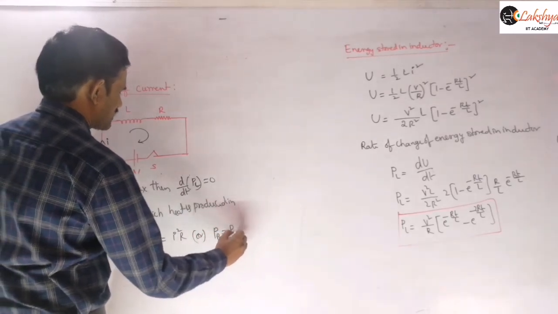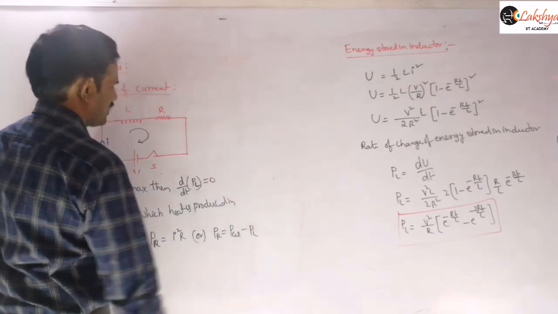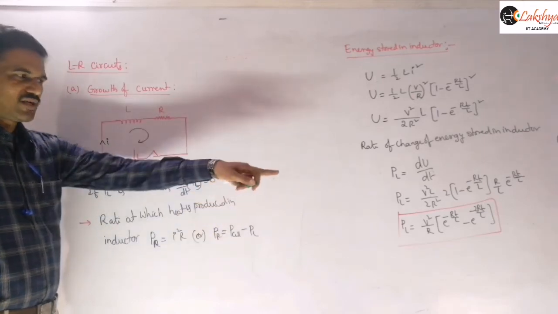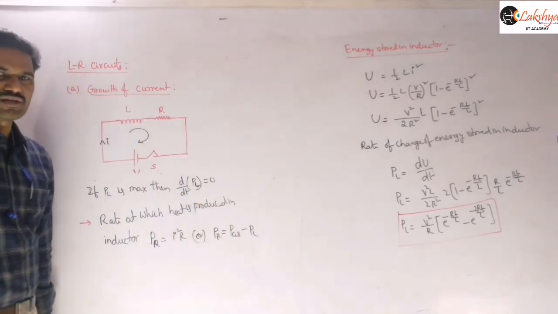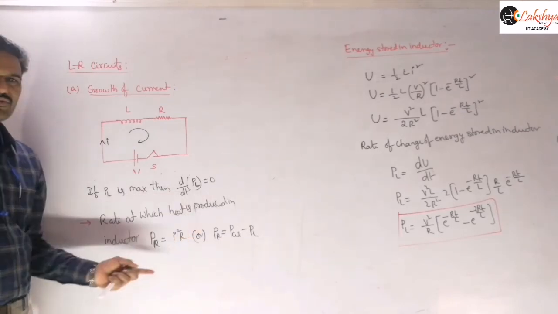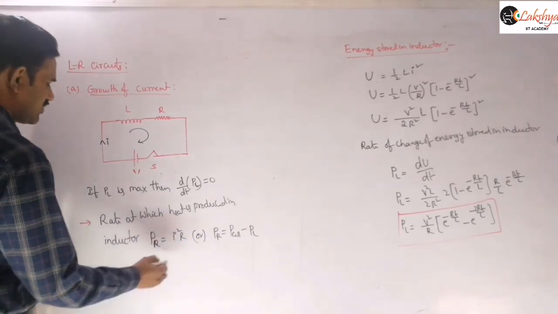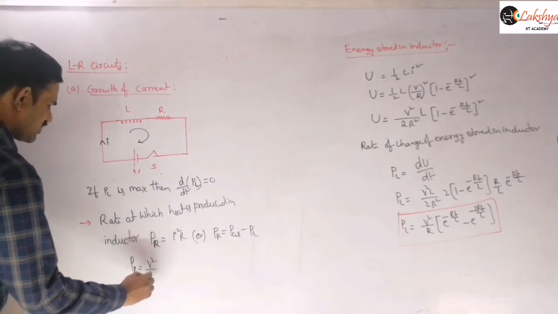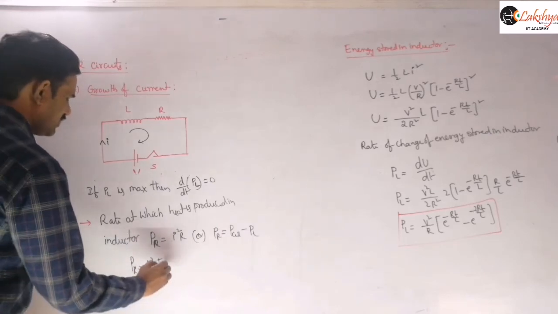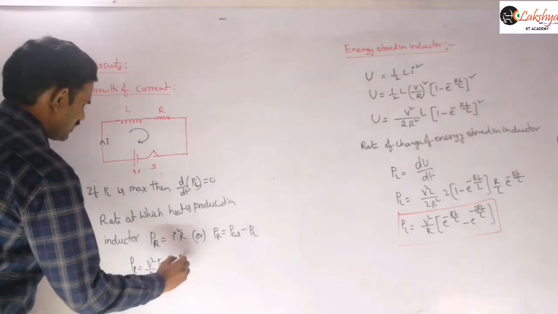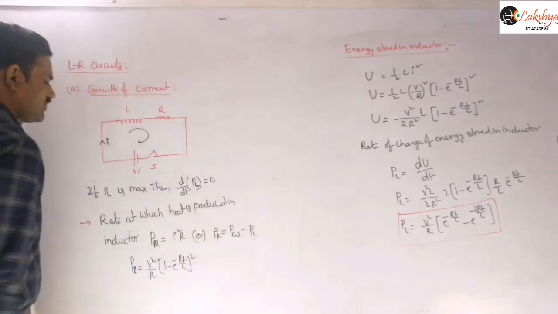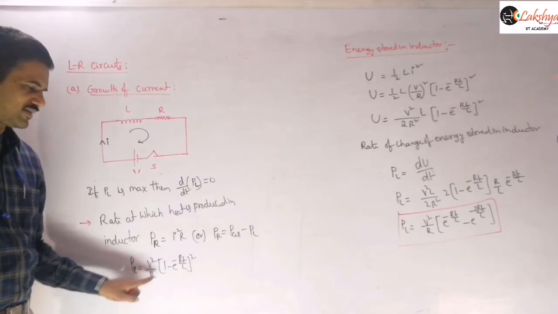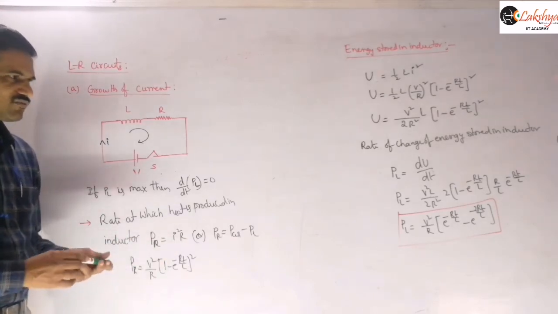power supplied by the cell minus the power supplied to the inductor. The cell is supplying some power, so that power minus the power at the inductor we can write. Just by using conservation of energy, the difference also you can write. Any one of these methods you can follow, then you will get the equation as V square by R into (1 minus e power minus RT by L) whole square. So then this will be our equation here. I value I am just substituting there, then (V by R) whole square you will get, then one R will be cancelled. So this is the equation you will get.